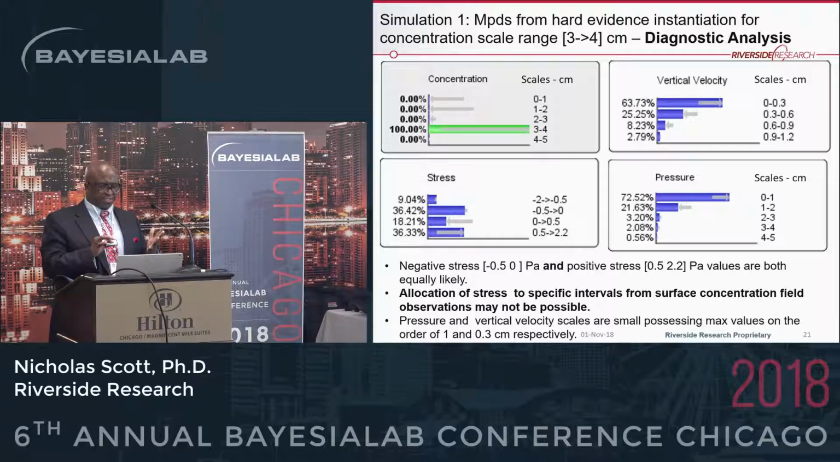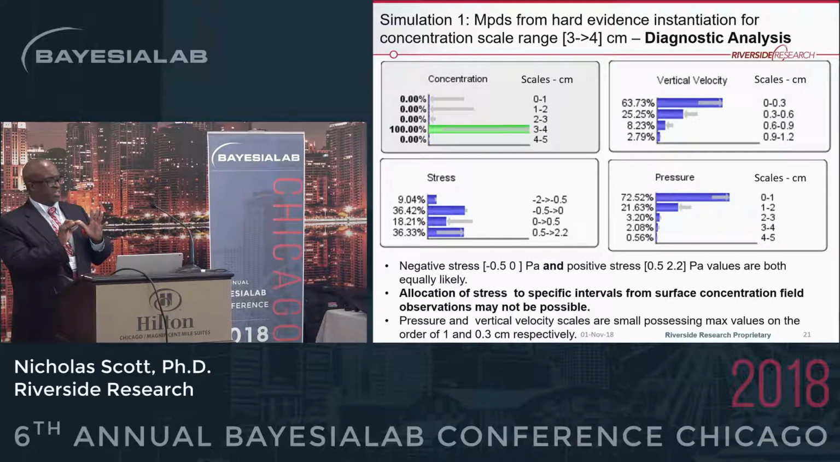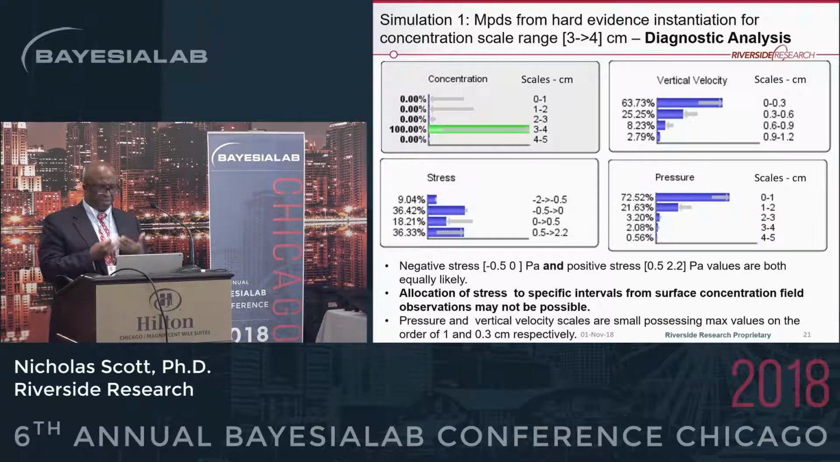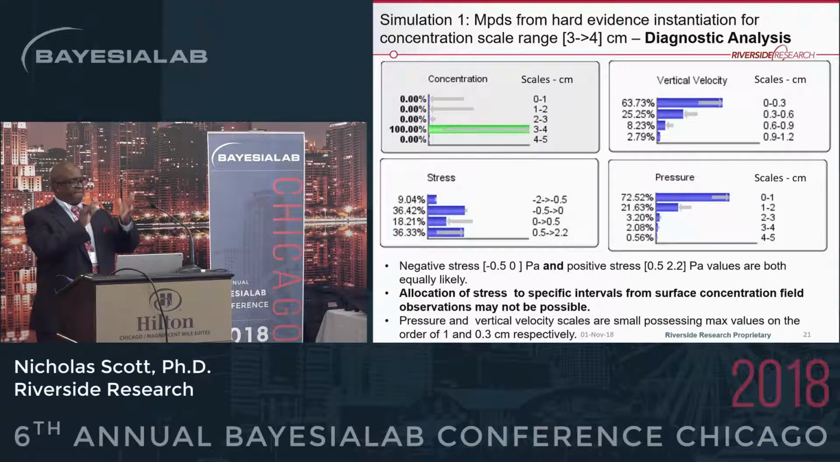The stress was not partitioned into any one unique interval. What I mean by that is that, diagnostically speaking, the allocation of stress to specific intervals from the surface concentration field may not be possible. What that means is that